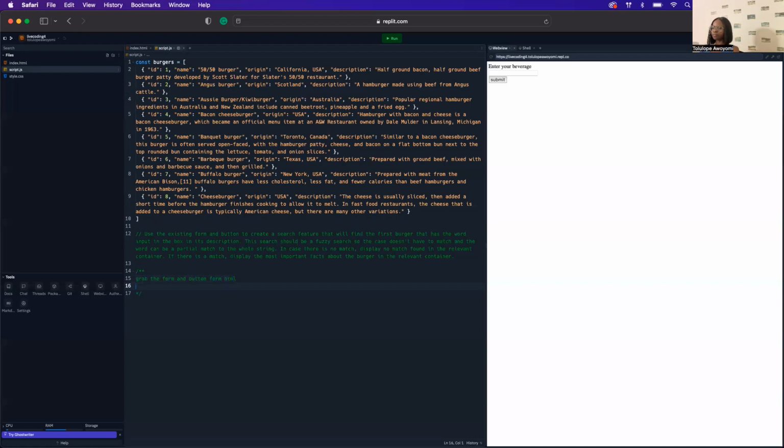So use the existing form and button to create a search feature. Okay, that will find, so search feature I'm seeing, so I will add an event listener to the button,